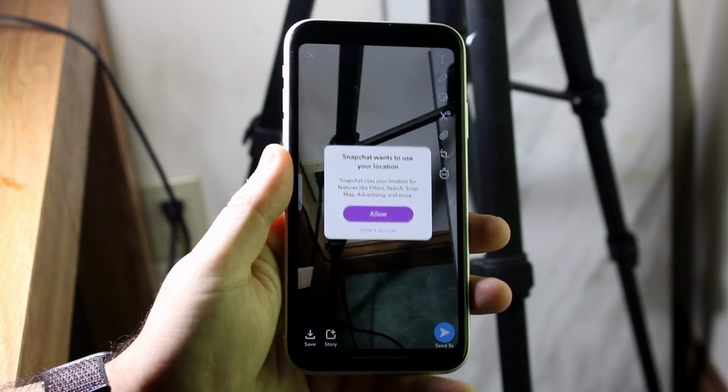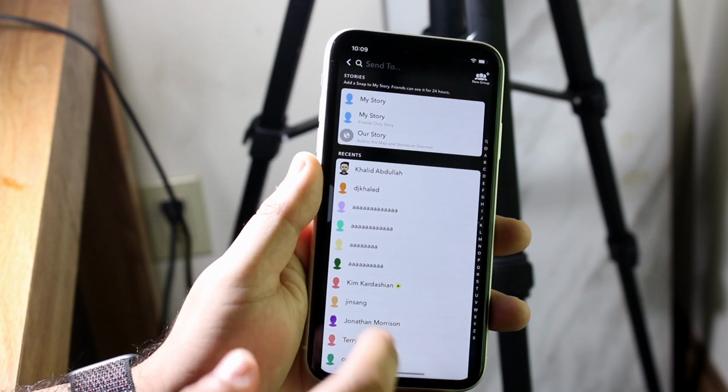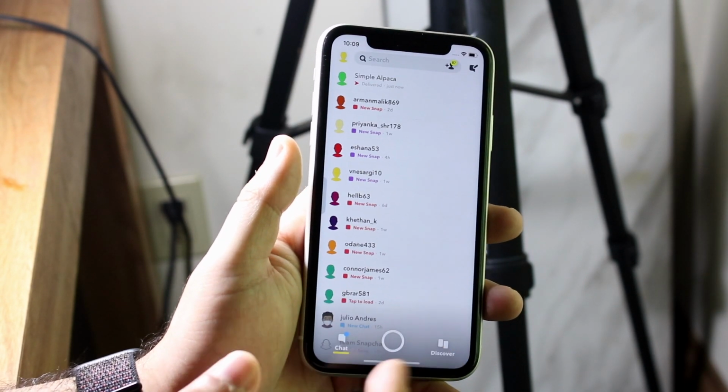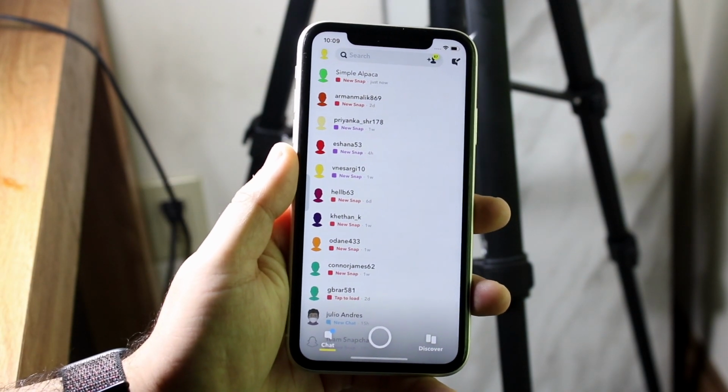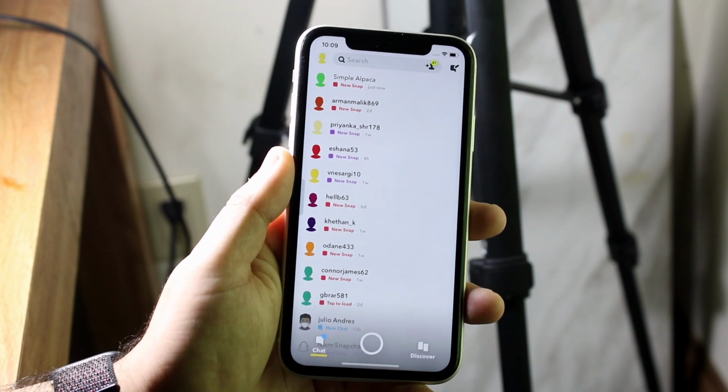But let's just say I have a Snapchat, right? And let's just go ahead and send it to myself. So there we go, I'll send it to myself right there. Now, as you can see, I just got it. Now, the way to actually do this is going to be quite a bit of a process, but